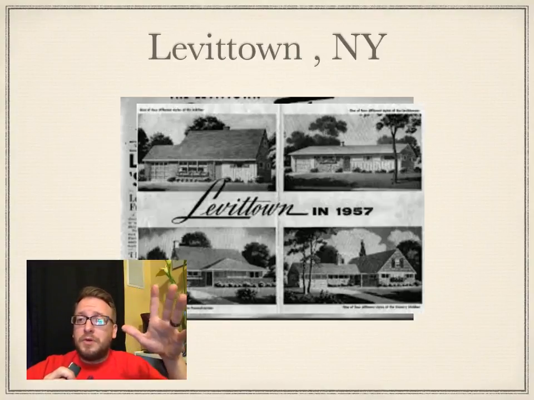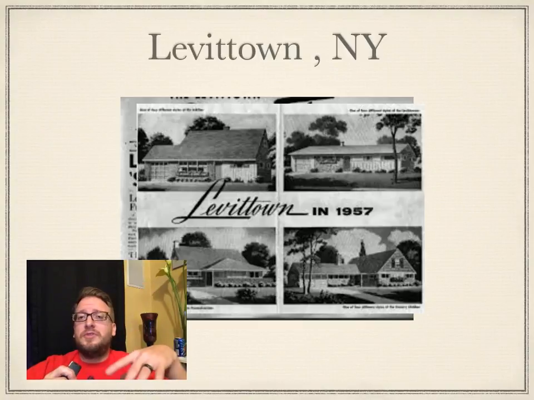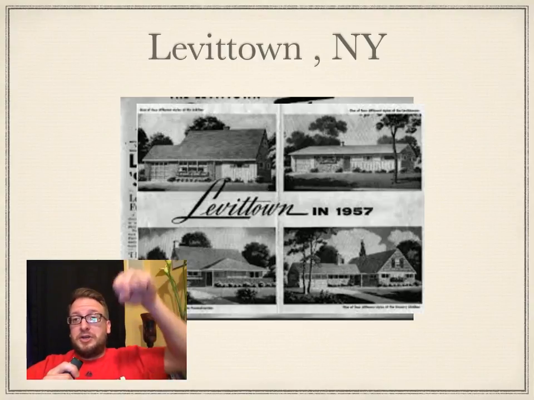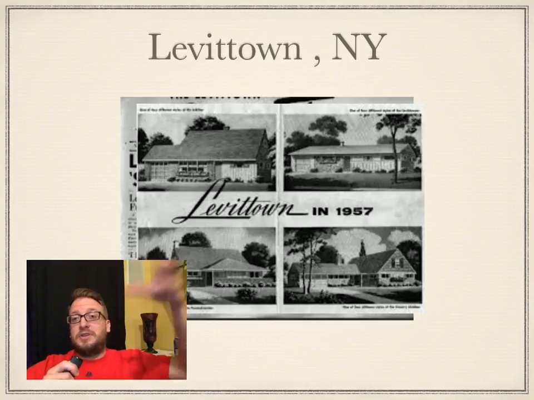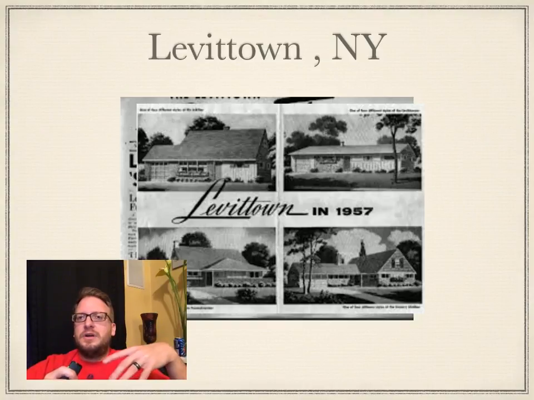Now, a model stereotypical community was a place in New York called Levittown. Levittown gave you 4 options for you to build your home. You picked it, and they built it. We're going to call these cookie cutter houses. Kind of like a cookie cutter, you punch the dough, and it comes out in the same shape, right? So these are mass-produced, quickly built houses to get people in the market and to let them start their own